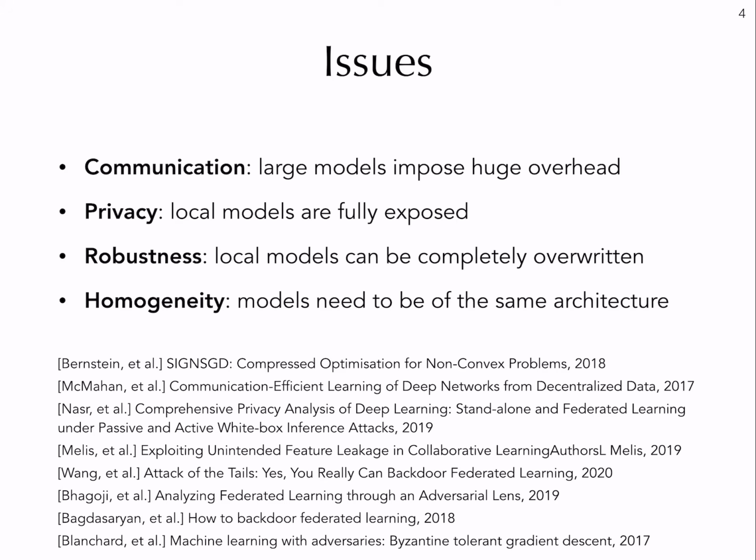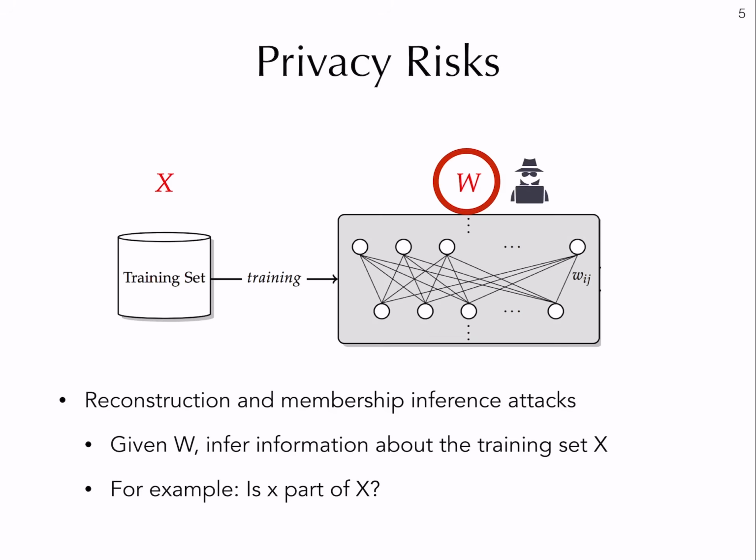So let's go through some of these issues, in particular the privacy and robustness issues, and then we come back and see how we can redesign the knowledge transfer algorithm. If an attacker has access to the model parameters, which are trained on a particular training set, he can ask many different questions. He can ask about particular attributes of the training data, he can ask what data point is part of the training set, and so on and so forth. In the membership inference attack, the attacker wants to know whether a particular record is part